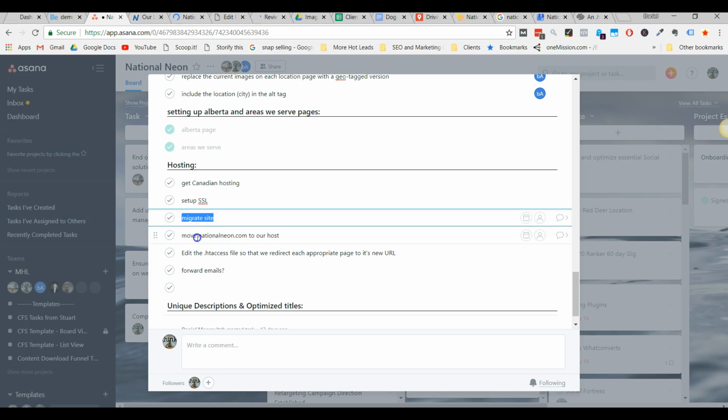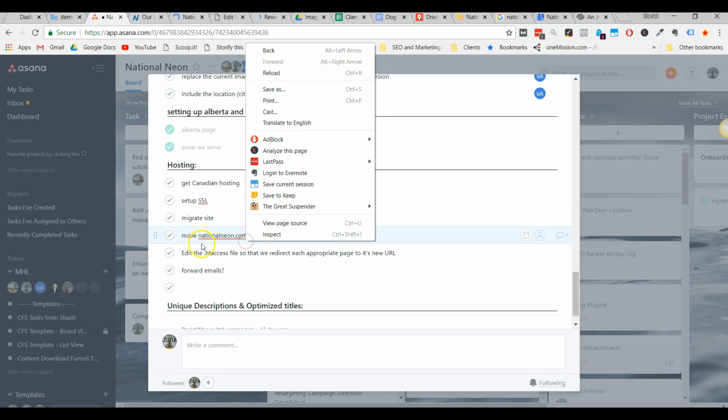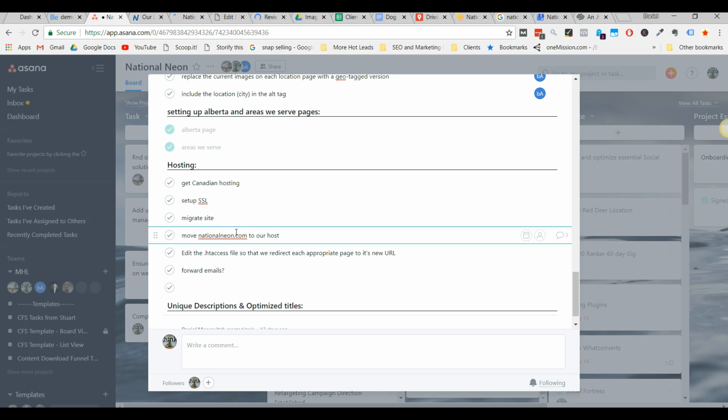So nationalneon.com. This is a big thing here. Right now it's created on Squarespace. On Squarespace, we can't really go into the backend and edit the htaccess file. Why do we need to do that? We need to redirect each existing URL on nationalneon.com, so /storefront signage, to the nationalneonsigns.ca /storefront signage. So we're going to need to make a list of all the pages that exist on the existing site and their corresponding pages on the new site,